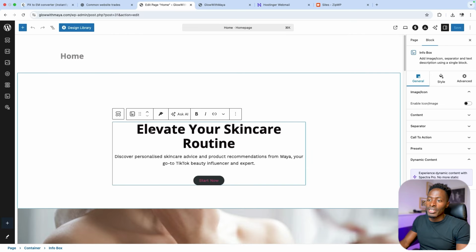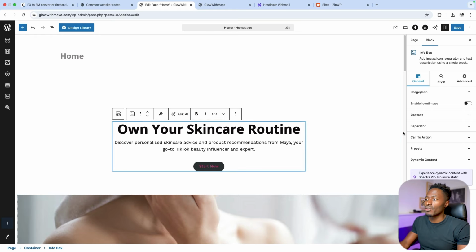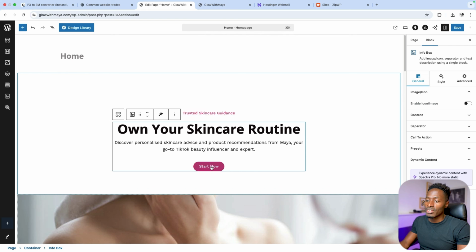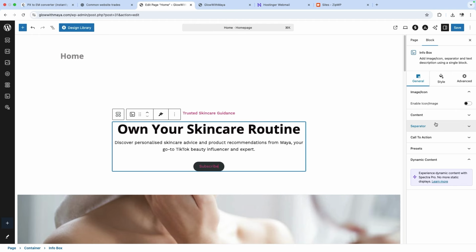So you can come here and change this and say own, instead of elevate, and say own your skincare routine. You can change the button and say subscribe. And this button, you can change its destination to something that you want. So for instance,